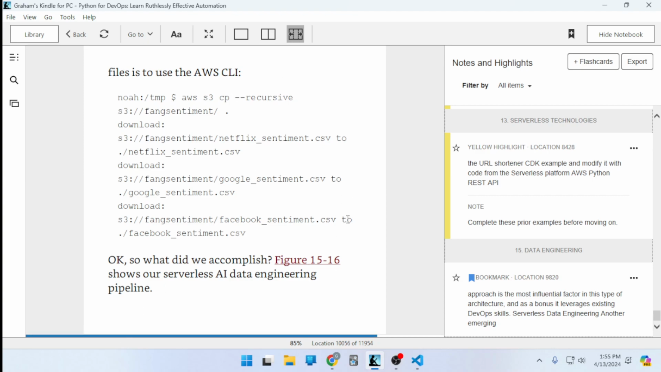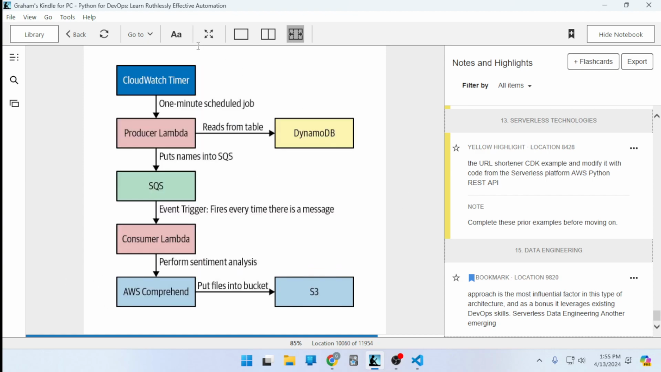So okay, what did we accomplish? Figure 15-16 shows our serverless AI data engineering pipeline. So this is what we accomplished. We have the CloudWatch timer set up, a 1 minute scheduled job. Then we've got the producer Lambda, which reads from the DynamoDB table and puts names into SQS. The event trigger fires every time there's a message. The consumer Lambda performs sentiment analysis. That's cool, that's what AI does. And then AWS Comprehend